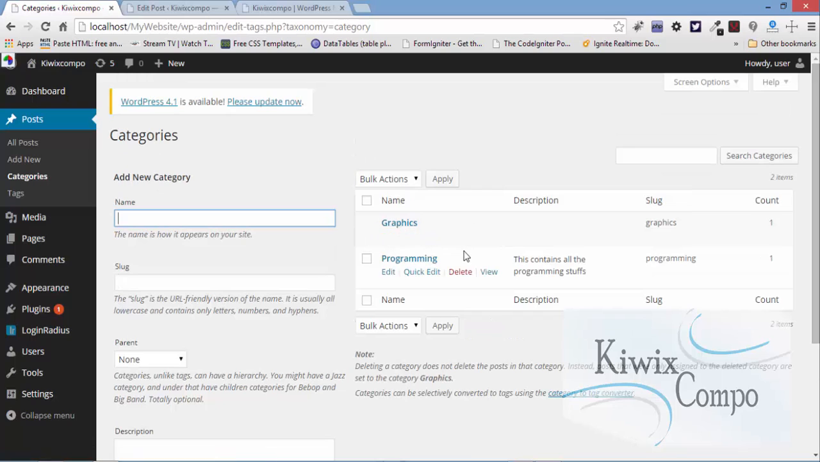So in websites, you can add categories, a lot of categories, like hundreds, and only the ones that have posts assigned to them will be displayed. So that's how it is. Okay,